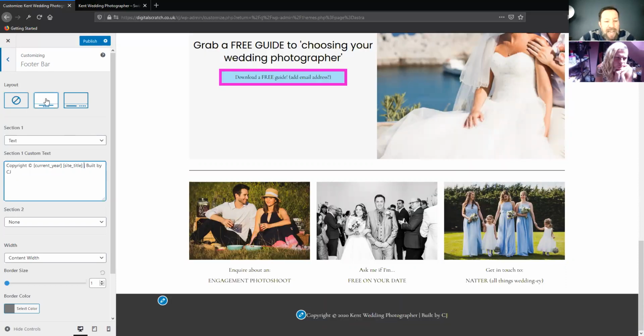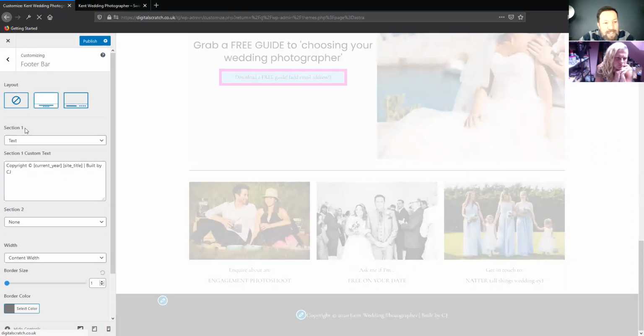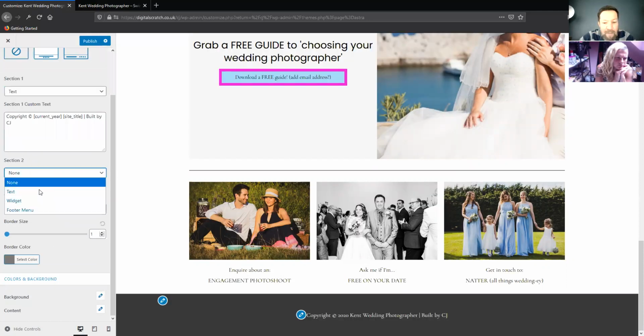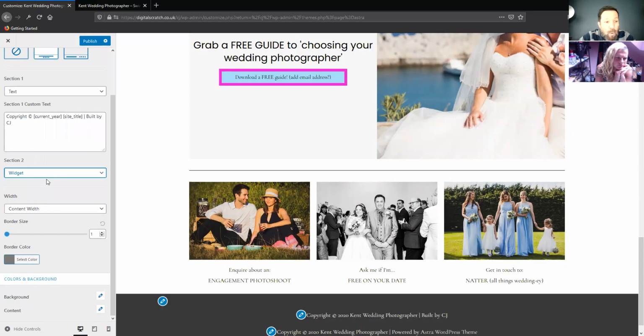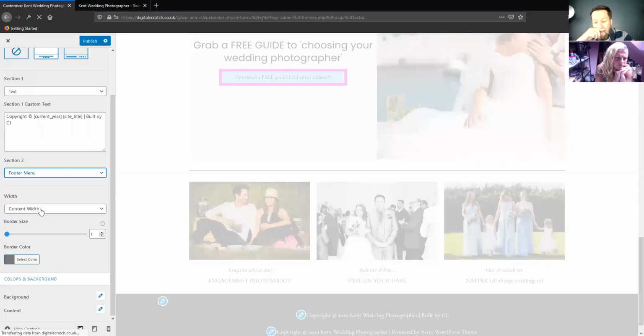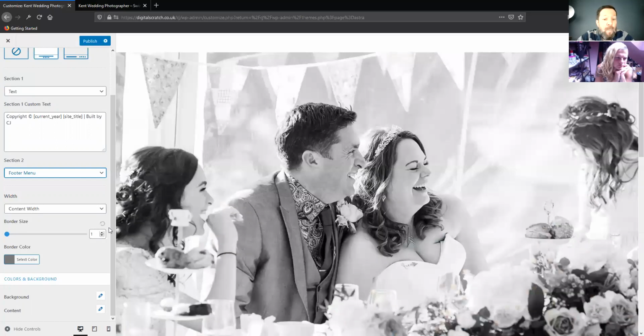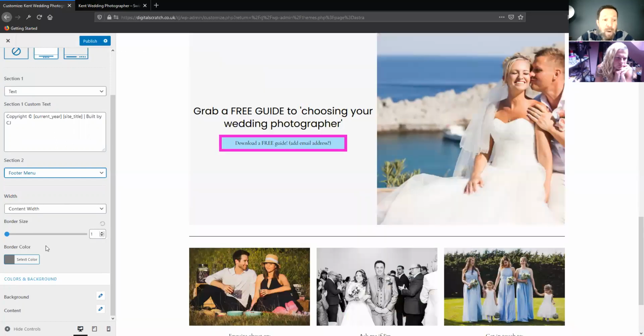You've got a couple of options here for layout, so you can have one area under another, or you can have them side by side. You've got section 1, and then section 2 as well, so you can have another text field, or you can add a widget, or you can add a menu. So it might be quite nice to replicate the menu from the header, or to set up an alternative one, which may well have privacy policy, terms and conditions, that kind of stuff in. So if we publish that,